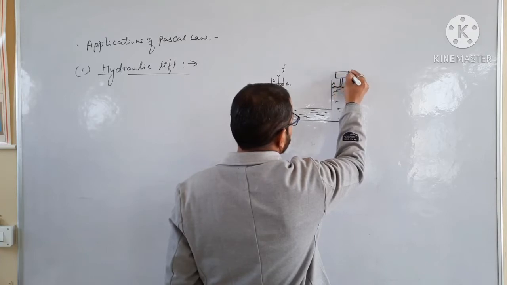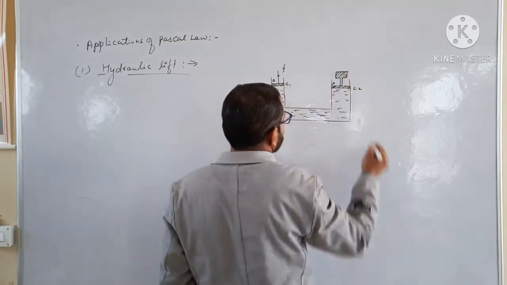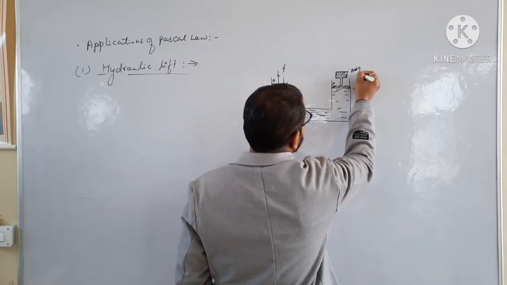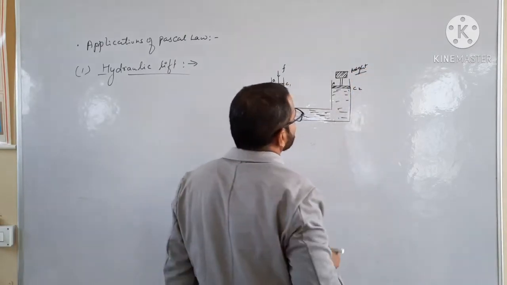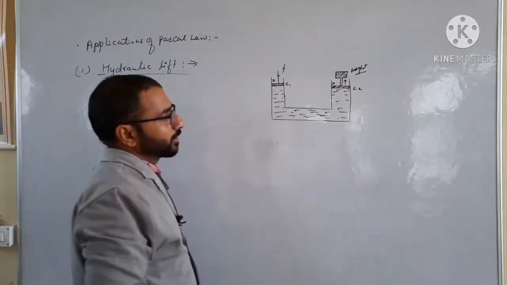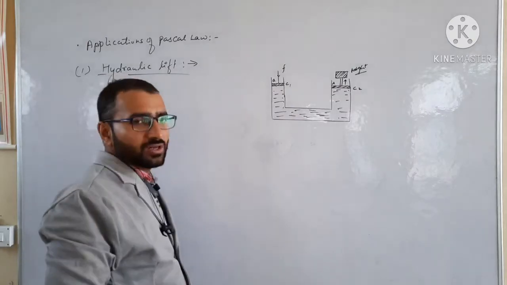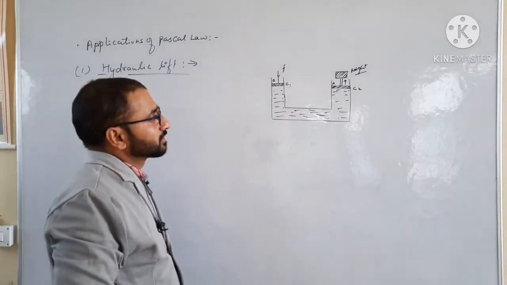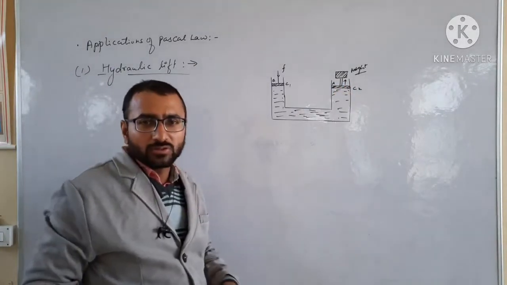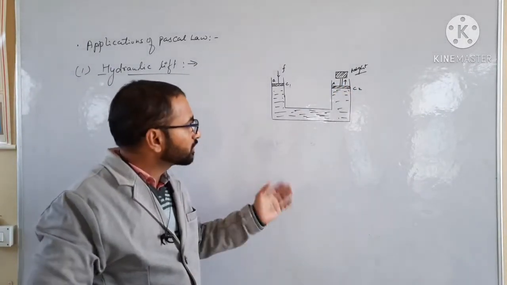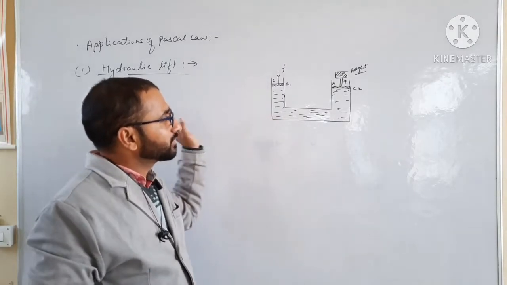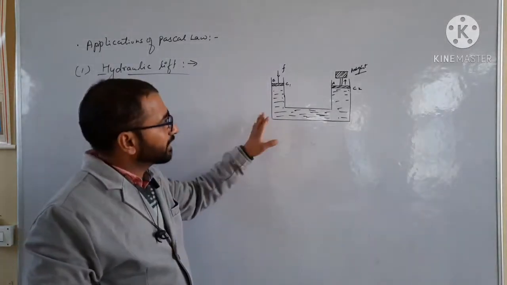This is a weighted body directly, like a car, truck, etc. This is a heavy weight. So we are lifting that weight with the help of fluid pressure by applying a small force. Directly, if you want to lift that weight, we need more force to lift that particular weight to a particular height, but with the help of this Pascal law, we can easily